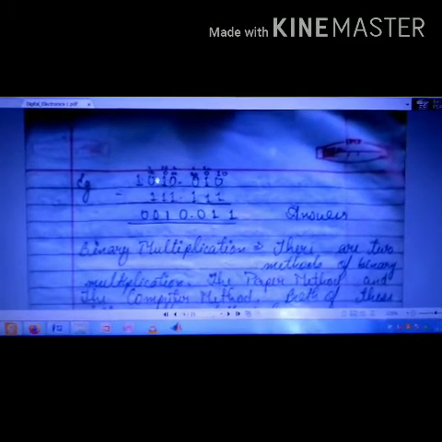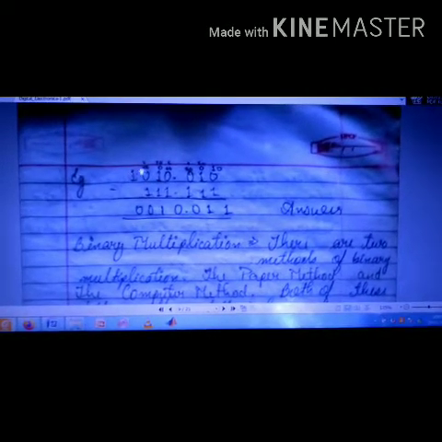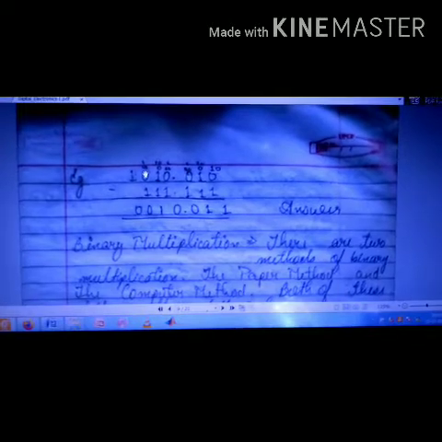Now this is 0. So it will take a borrow here. It cannot take a borrow from 0. So this one will give it a borrow and it will become 0. So this will be 10. Now this 10 gives a borrow here. It will become 10. So 10 minus 1 is 1. Now this becomes 1. So 1 minus 1 is 0. And this will be the complete answer.